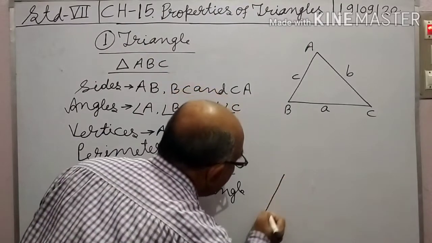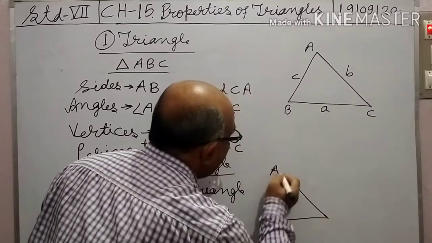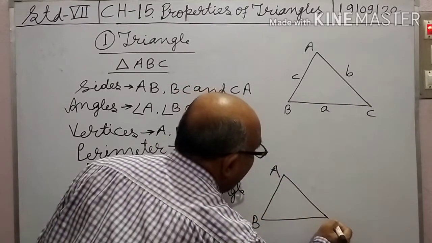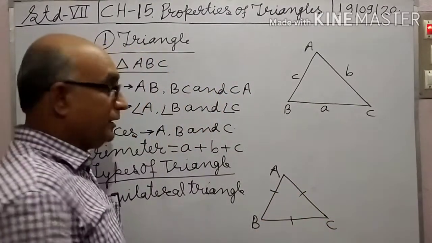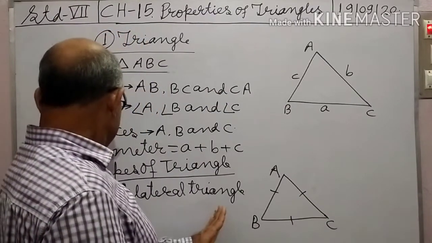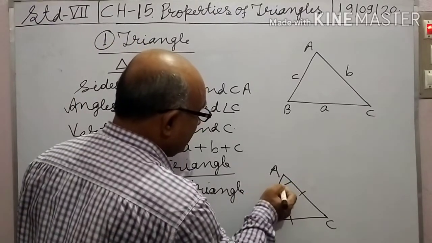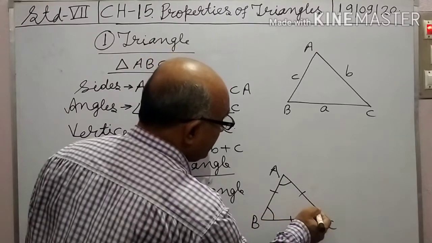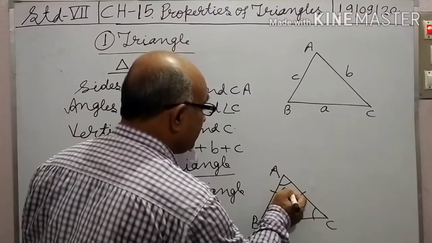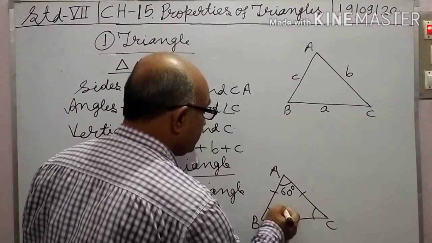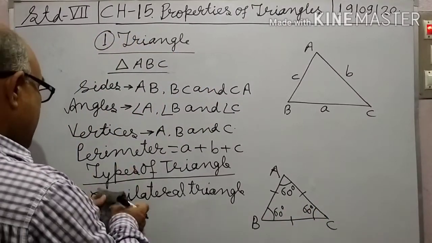Figure of an equilateral triangle is ABC, an equilateral triangle in which AB equal to BC equal to AC. In an equilateral triangle, all sides and all angles are equal. So angle A equal to angle B equal to angle C. The measurement of each angle is 60 degrees. It is an equilateral triangle. And second is